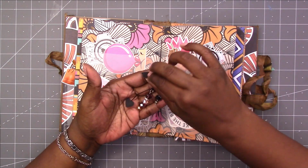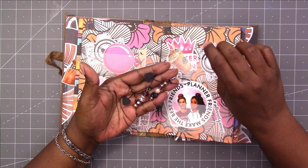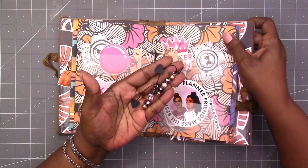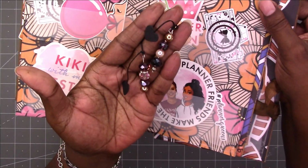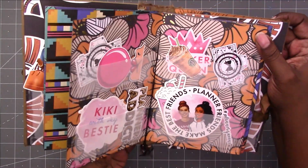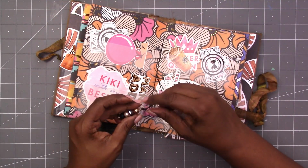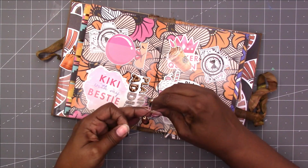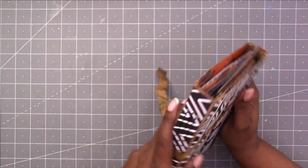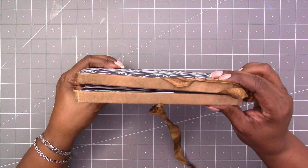I don't know what you call these type of jewelry things, but I made these with a heavyweight, I think it's 110-pound cardstock. And I used my little heart punch to punch those out. And that is how that turned out. You can see there. And so they just hang right outside. If the recipient doesn't want these on here, the bead dangles can easily be taken off. They're just knotted on the strings, and then you can tie the strings on the inside. So that is it. Again, that's the back. This is what it looks like from the top, the side,